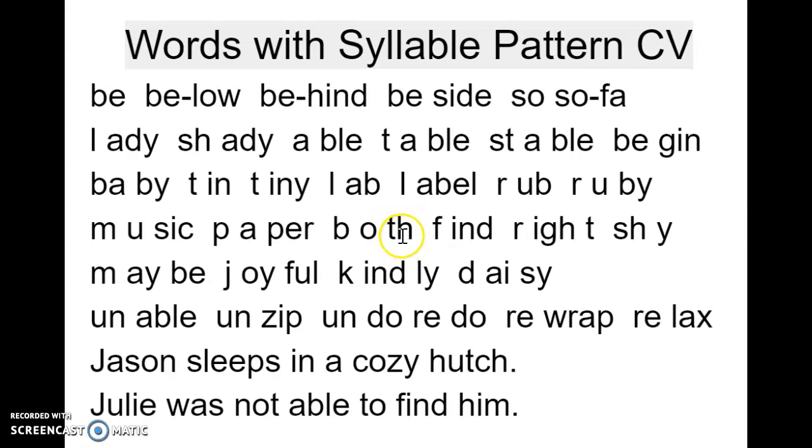both. Remember the TH sound. You need to bring your tongue up to the top of the roof of your mouth, and you push up when you say